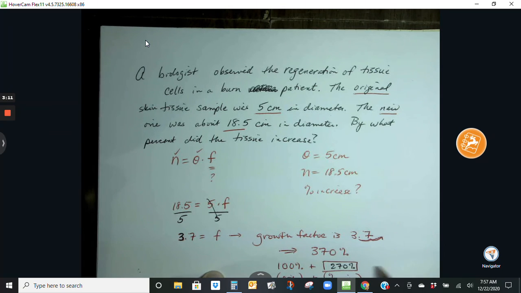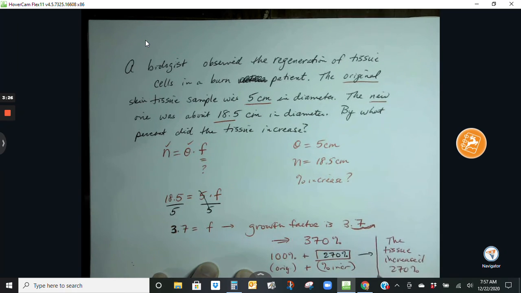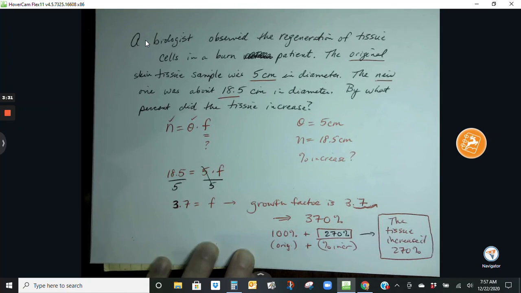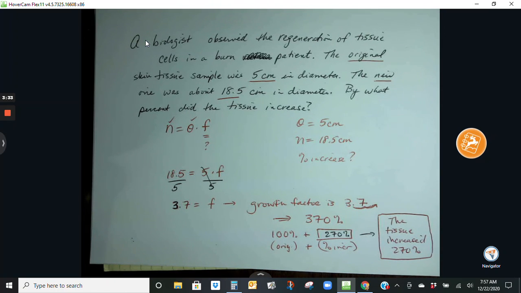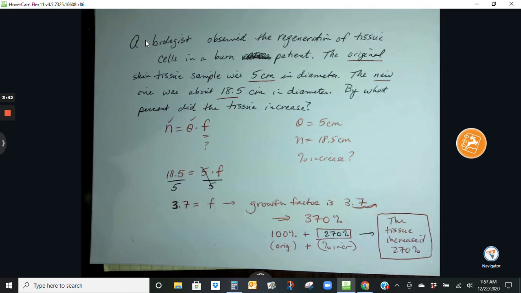And so here, in this situation, the tissue increased 270%. I don't know if that was over one day or a week or a month or whatever, but yes, it actually increased by a much larger percentage. And you can see that because going from 5 to 18.5 is a very large